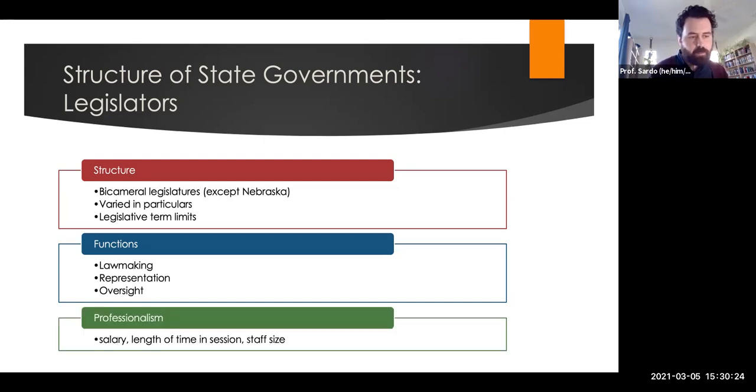Congress does. So there's all sorts of questions of professionalism in state legislatures, and usually they're assessed by the salary, the length of time in session, and staff size. And in all three of these respects, state legislatures, as compared to Congress, have lower salary. Many of them, this is like a part-time job that they still retain other employment. They are not in session full-time. The sessions are much shorter as compared to Congress, and they have smaller staffs. So they have fewer people researching and writing legislation, responding to constituents, etc. All of these are signs that the state legislatures are less professionalized. They have fewer tools and resources at their disposal.